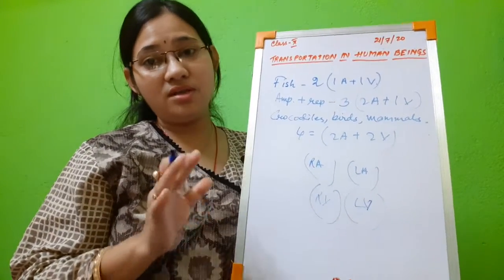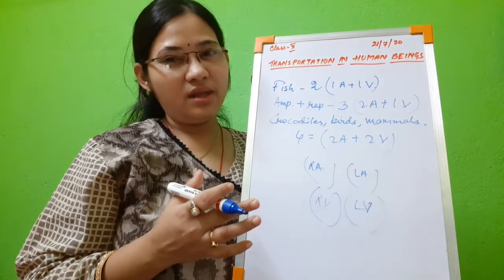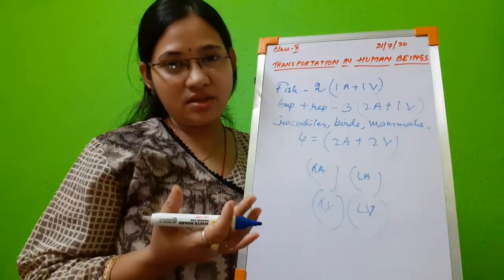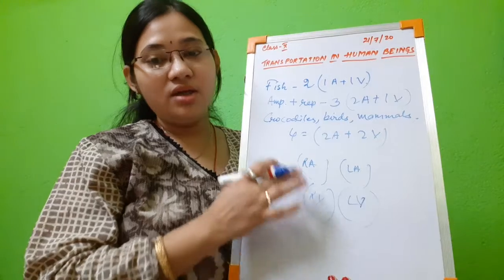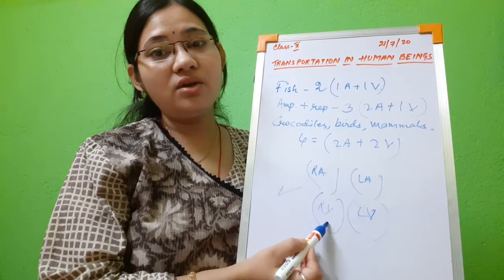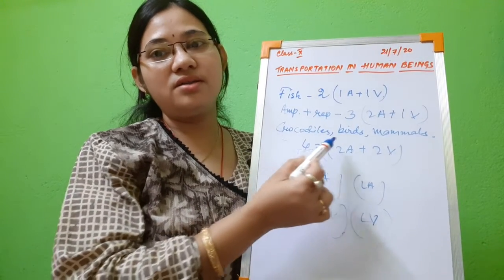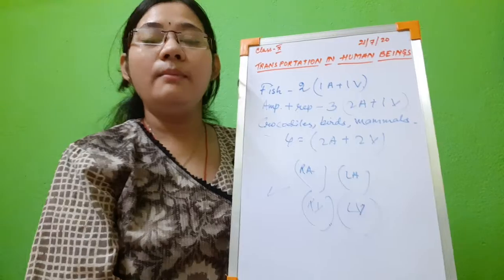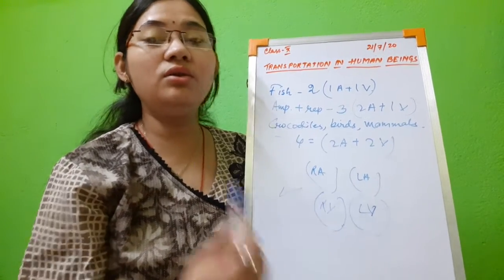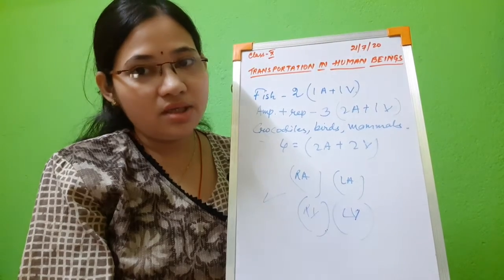There is no intermixing of venous and purified blood. That means blood from the vein is called venous, deoxygenated, and then oxygenated blood. So this is the most efficient type of circulation. This is what is called double circulation. So double circulation is seen in crocodiles, in birds, and in all the mammals, that means all the vertebrates including humans. So in our body also we have double circulation. There is no intermixing of blood.